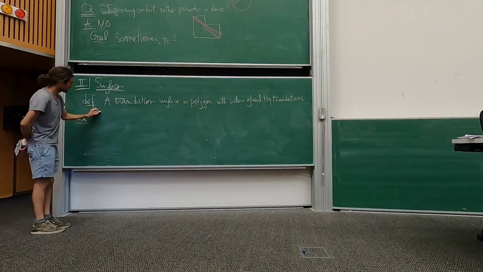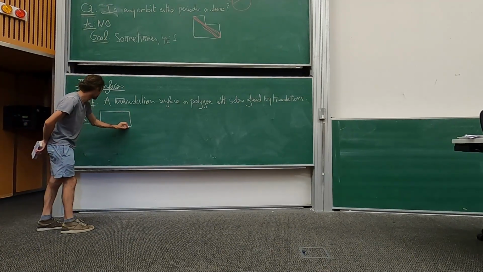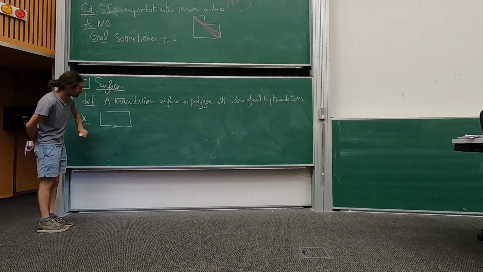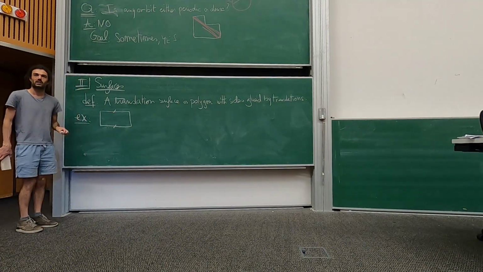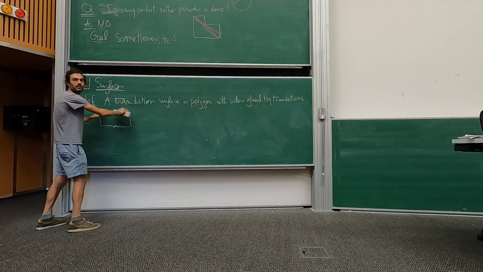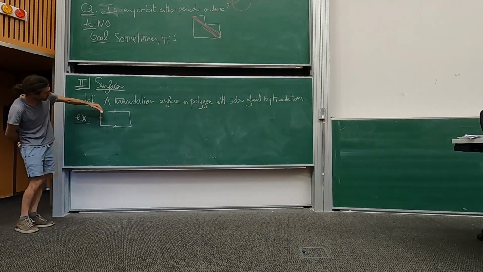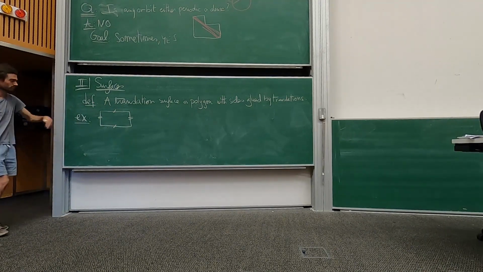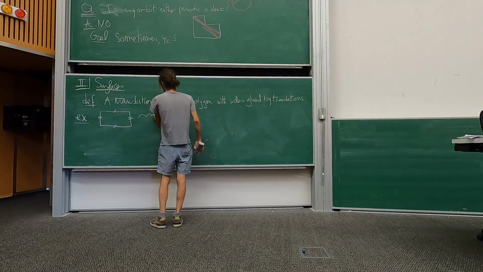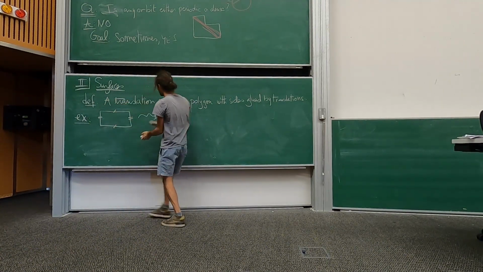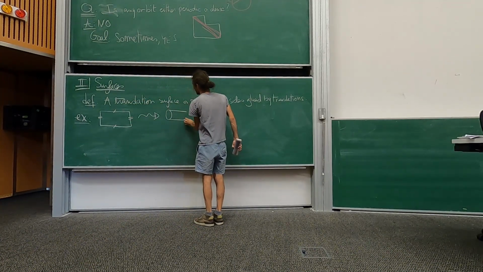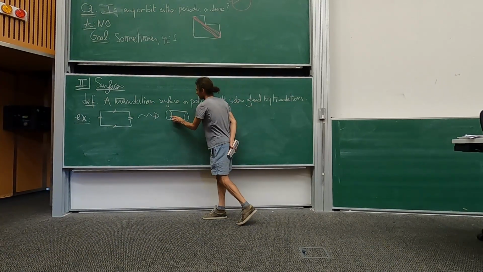So for example, I can take this polygon, which is the simplest one, a rectangle, and glue this side to this side. By a translation, I mean that I can just move this side here by a translation to this one. And I also glue this one to this one by just moving. So what does it look like if I glue top and bottom? I take this thing and glue them. I get a cylinder like that. Agree?